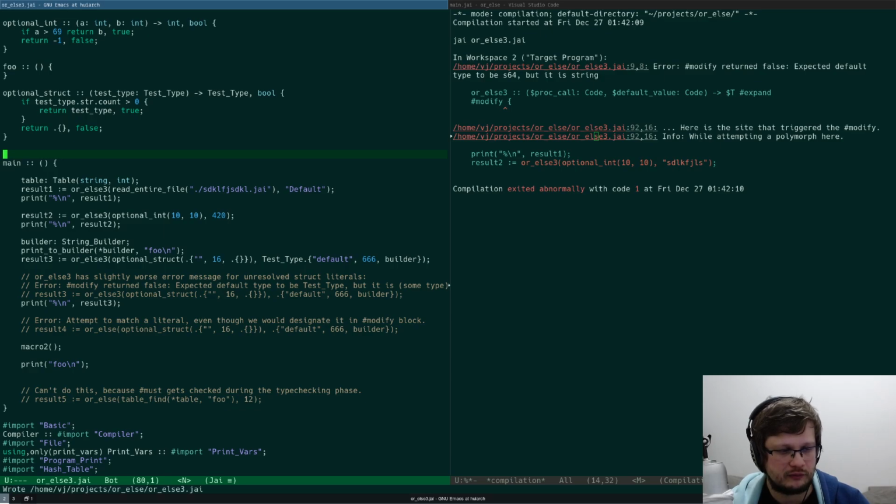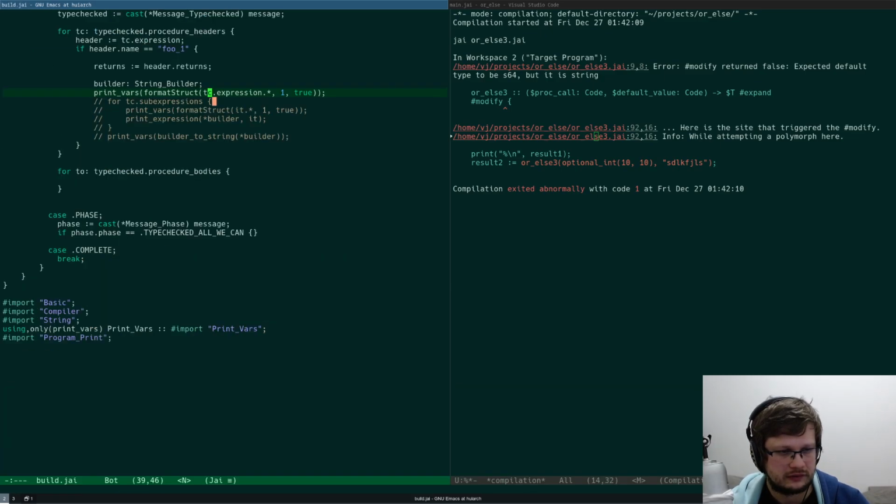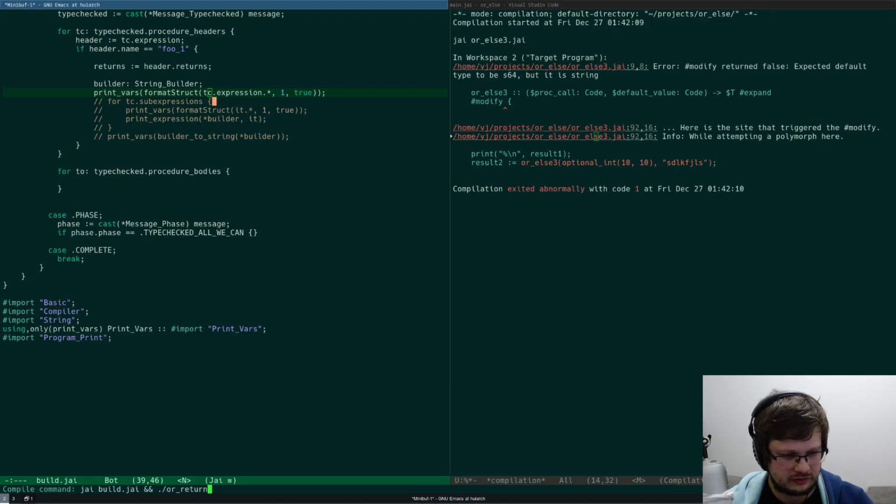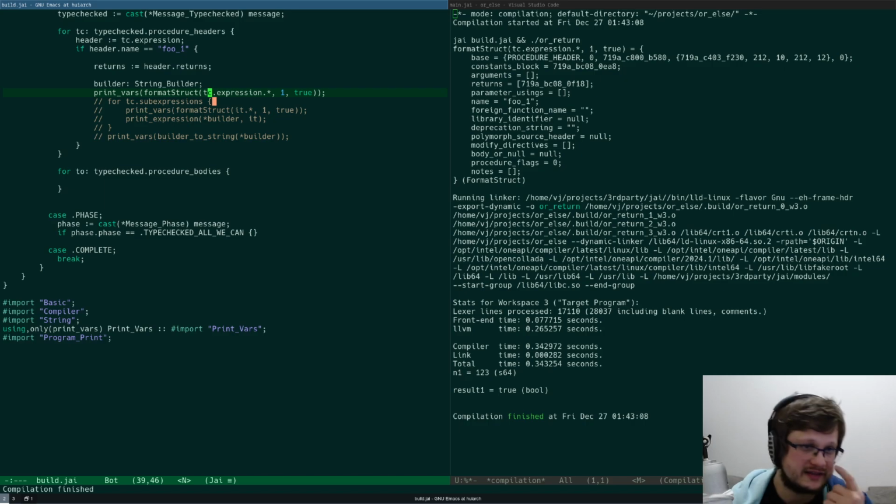And today I'm writing a different one that does a similar thing, but it can early return from the target procedure. I don't know if anything I said makes sense, but here we go. Procedure bodies.